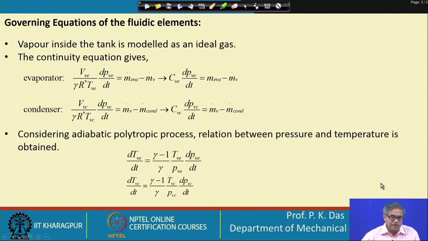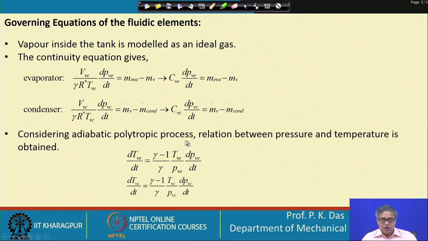In the next slide, we see m dot V A, that is entering the tank, and m dot V, that is going out, and then we can write some sort of an equation like this, and then we can simplify the equation something like this. C V E is kind of a capacitance we can write. For the condenser also there is a similar equation. I do not like to explain it in as much detail as I have explained the earlier equation. So, for the condenser also we can get some sort of an equation. So, what we can get? Again some sort of a capacitance for the condenser.